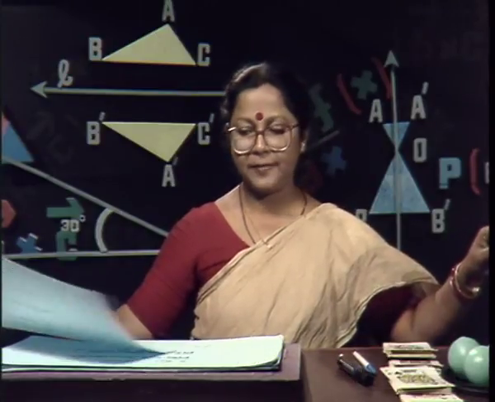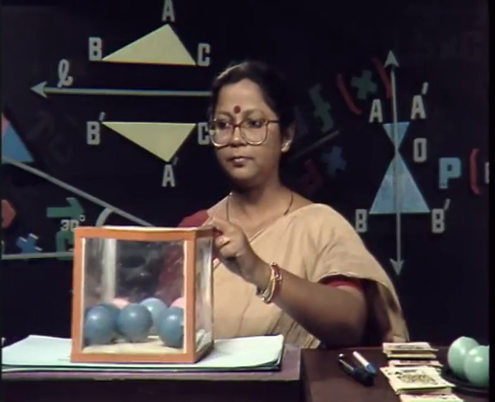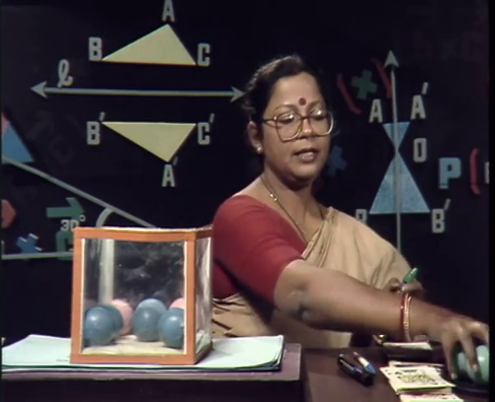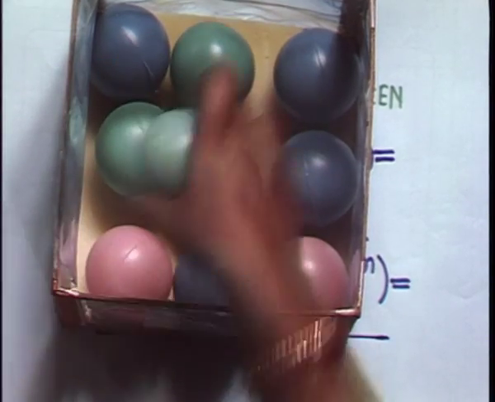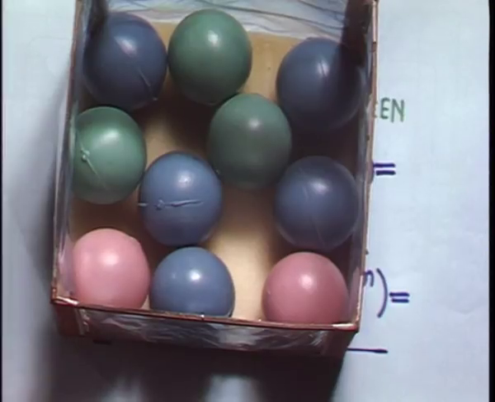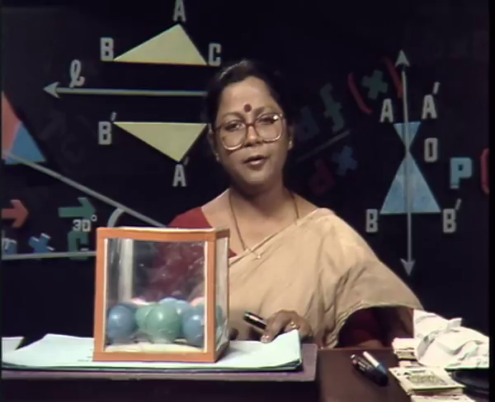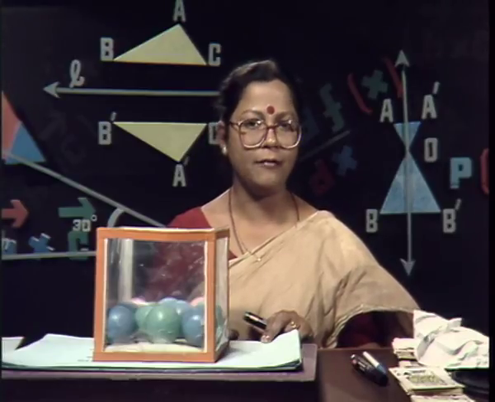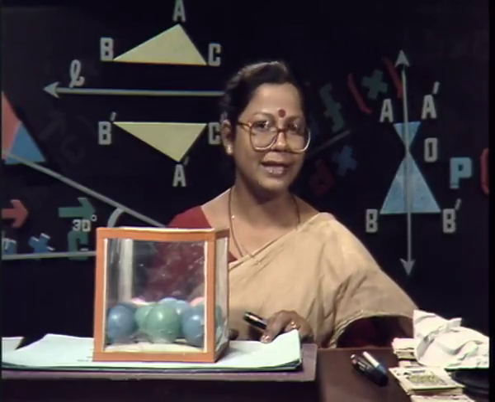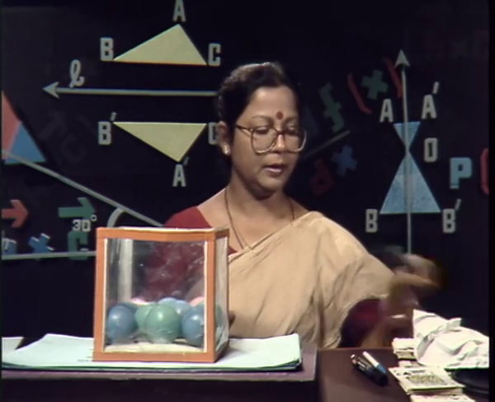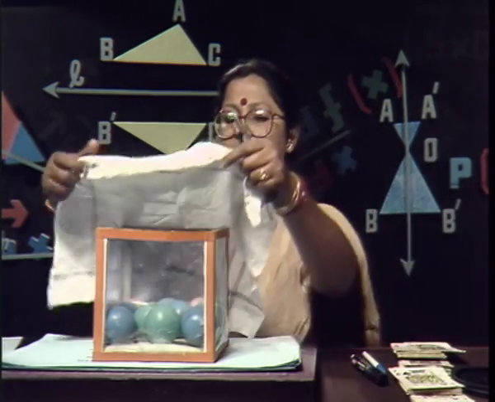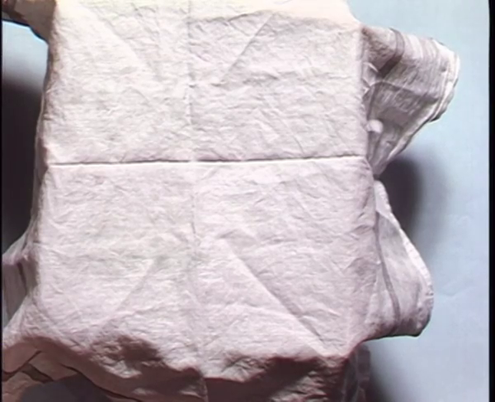We perform another experiment. Suppose in this container now we have 5 blue balls, 2 pink balls and 3 green balls. The experiment is to pick up one ball at random. Therefore, again the sample space will have all the 10 balls as equally likely outcome. Suppose the event is to pick up a ball which is pink,